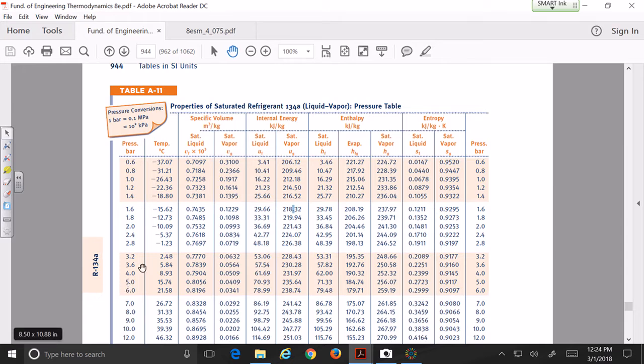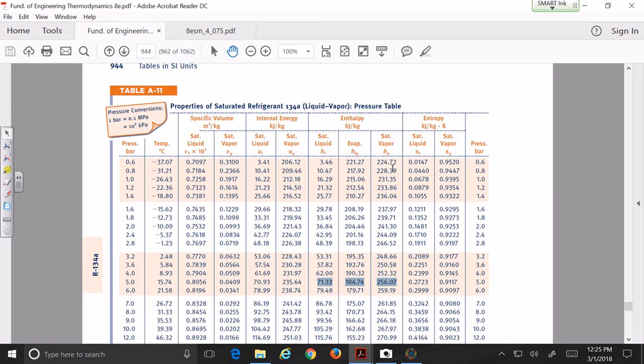So from table A11 at P equals 5 bar, what do you need to know? We need to find H fluid and H gas, because it's a mixture at 3. We need to find the H, those 3 values. If you want to save time, this one is just the difference between this value minus this value. So from table A5 we have